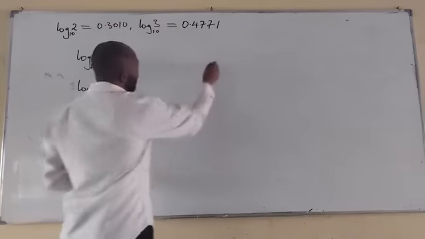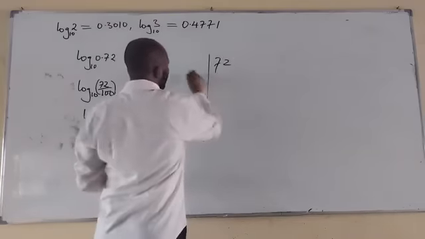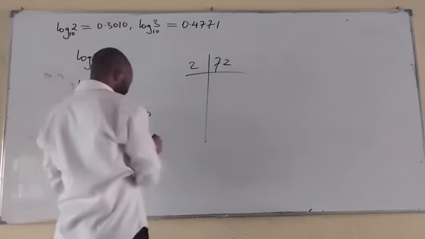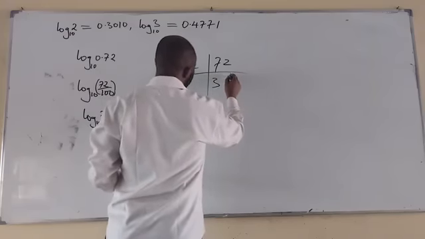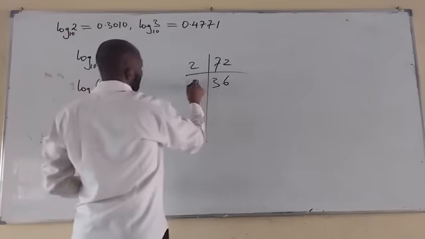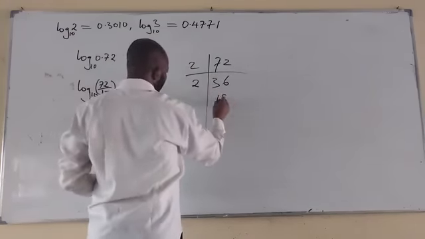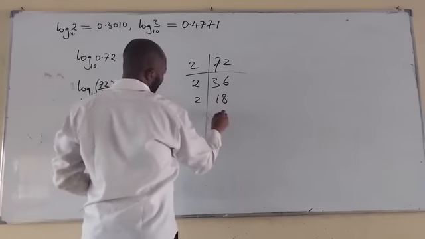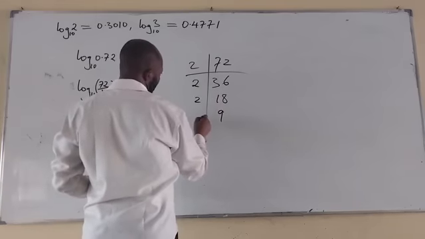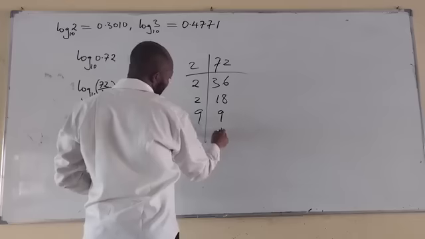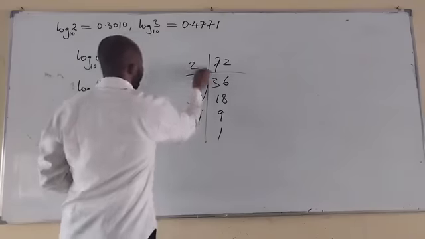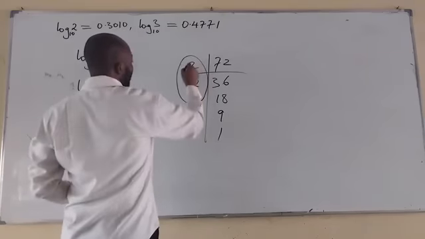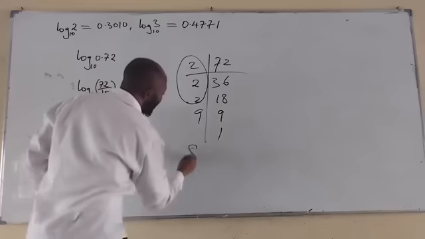So let's take 72 for example. 2 goes here, I think it's 36. 2 goes here, 18. 2 goes here, 9. 9 goes here, 1. That doesn't waste much time. So I can take this as 8 times 9. So if I have 8 and 9,